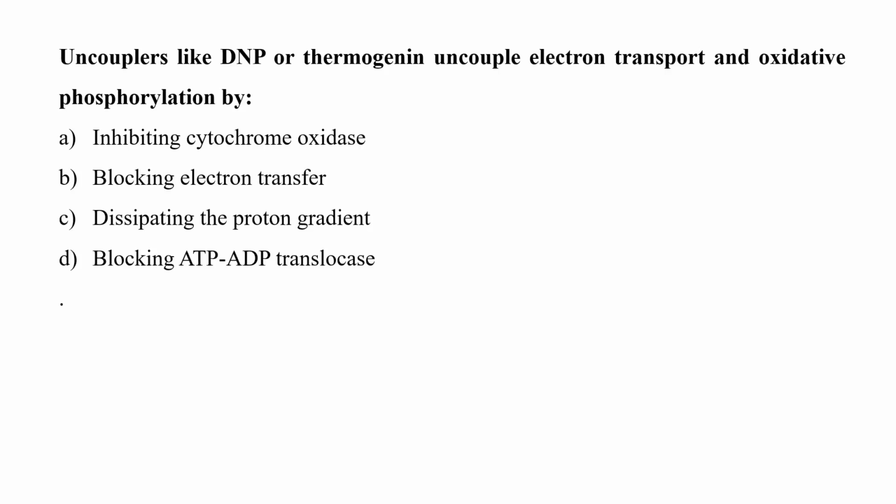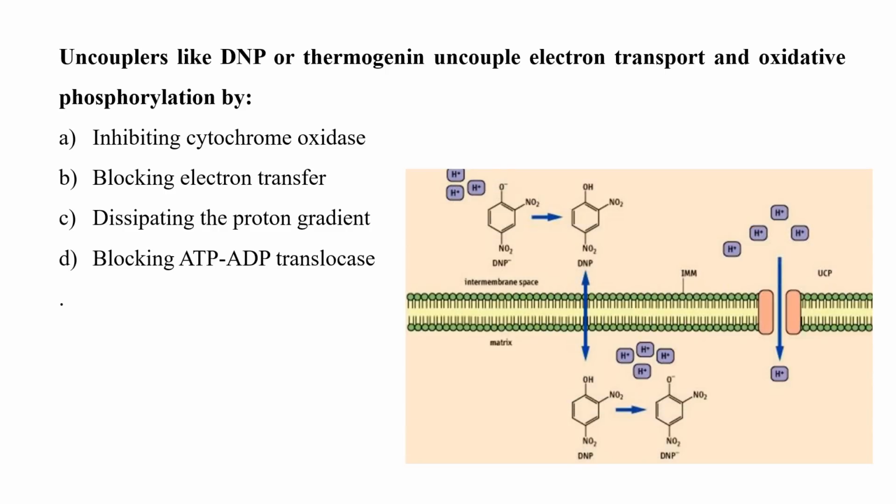Uncouplers like DNP or thermogenin uncouple the electron transport chain and oxidative phosphorylation by inhibiting cytochrome oxidase, blocking electron transfer, dissipating the proton gradient, or blocking ATP-ADP translocase. Uncouplers of oxidative phosphorylation actually disconnect the activity of the electron transport chain and ATP synthesis. They allow the reverse migration of the protons which have been generated by the electron transport chain activity. Now the protons get back to the matrix,